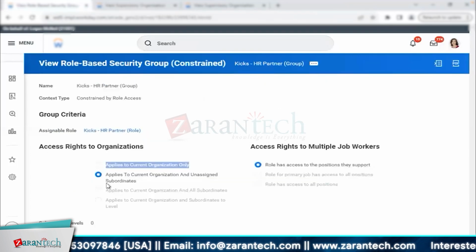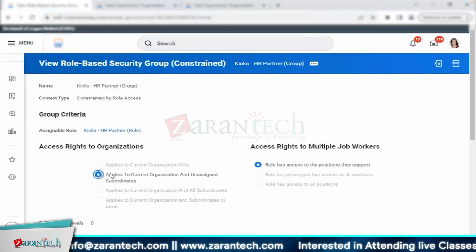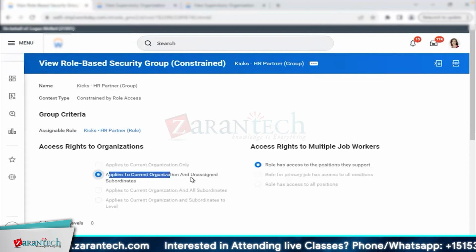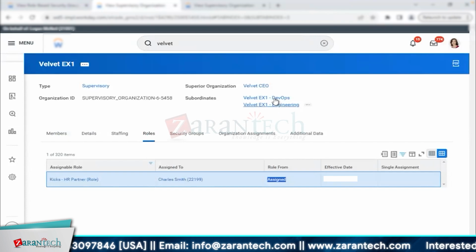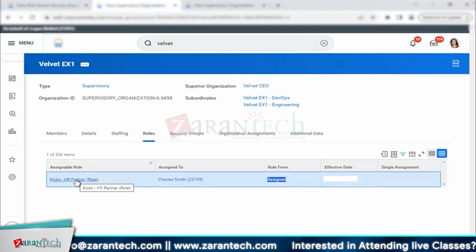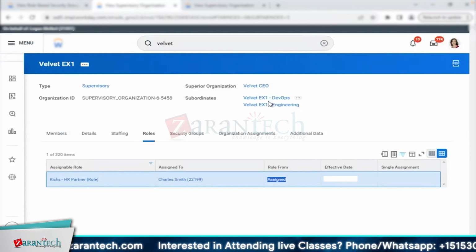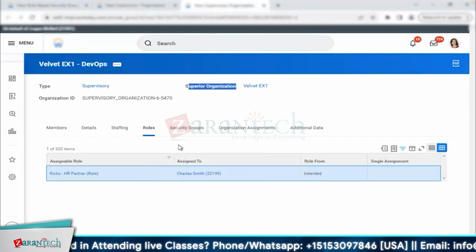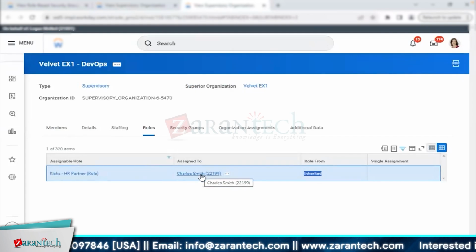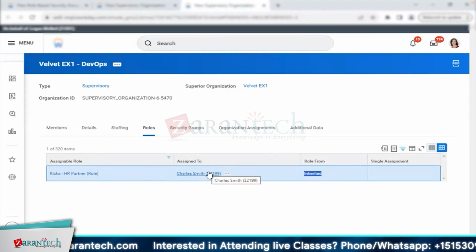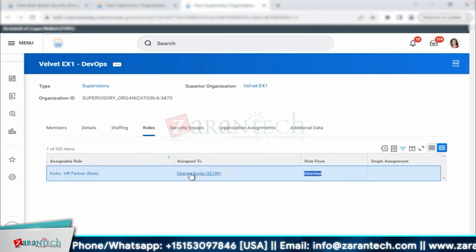But it is inheriting because we are using the second option, which says applies to current organization, which is already there, and unassigned subordinate. Unassigned subordinate means if anyone in the below organization, in the subordinates, does not have any Kicks HR partner, then they will automatically inherit, which we just saw with DevOps. It automatically inherits. But if someone was already here, who is assigned, not inherited, and we then assign someone at EX1,